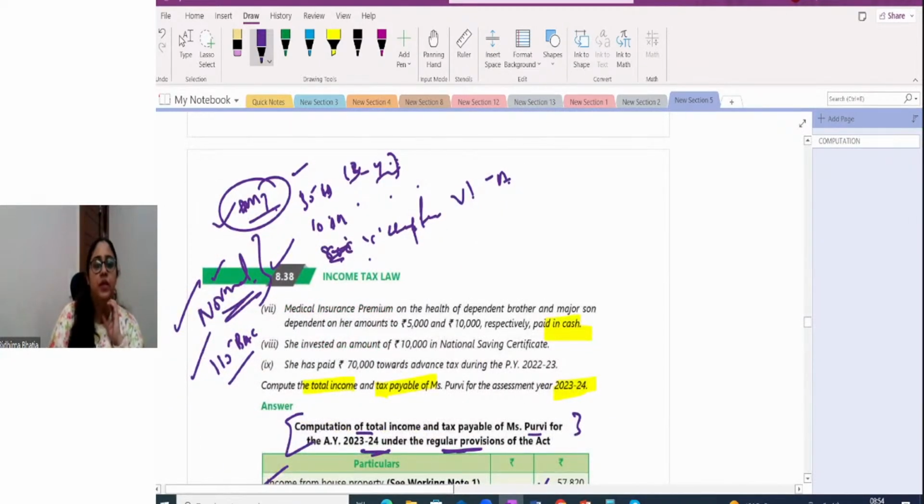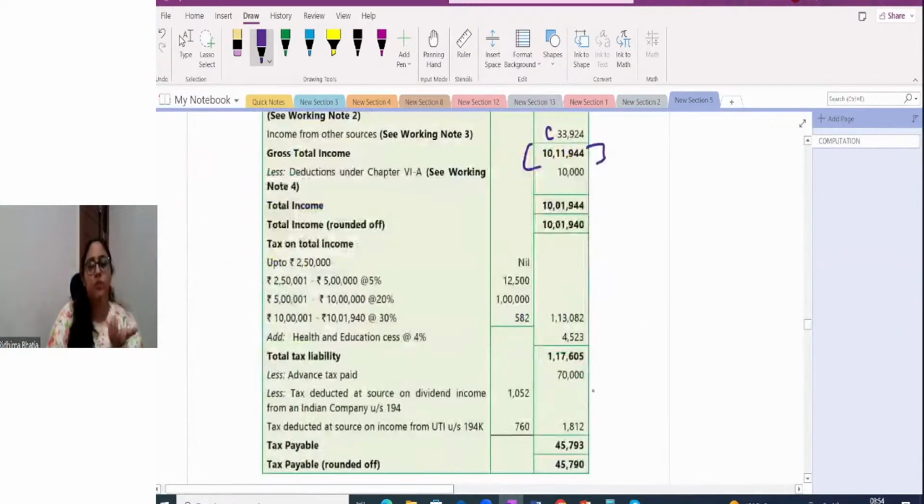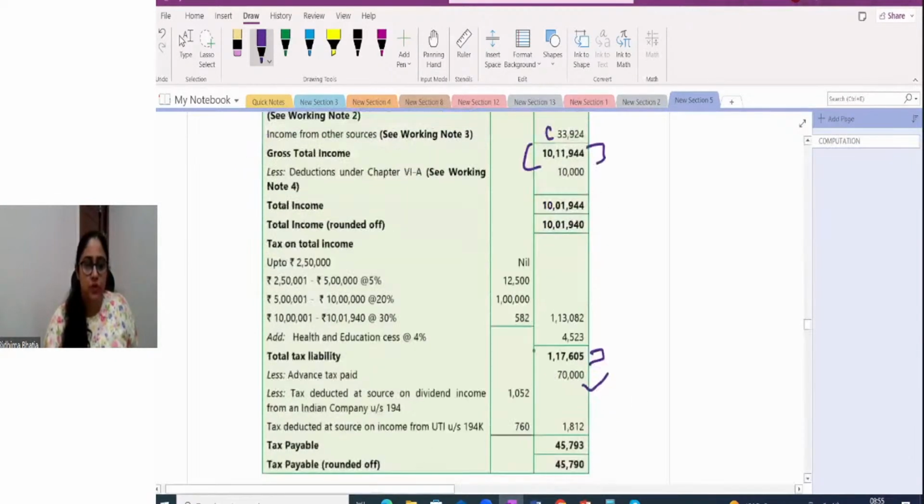National savings certificate 10,000 direct मिल जाएगा ATC में. So this is impact taken, this impact taken. Other things, traveling expenses done, salary done, repairs done, incentives done, value done, allowable rates done. All of things is done. Now I have to compute the tax liability. Simple 10,01,944 pay. AMT आएगा नहीं because those particular sections are not there. I compute the tax liability. Add says total tax liability comes. Advance tax which has been paid 70,000 would be reduced, and